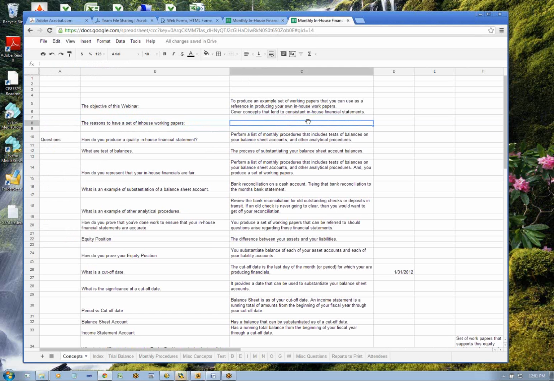So the reasons would be documentation supporting the amounts on your financial statement, on your internally generated statements, that you can refer to